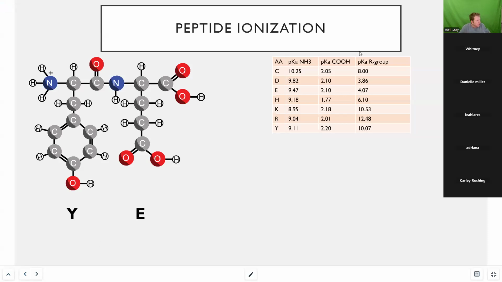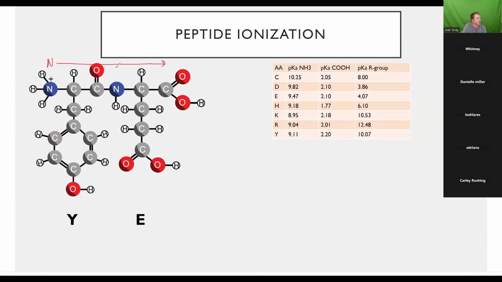This is a tyrosine followed by a glutamic acid. YE is this peptide. This is read from the N termini to the C termini. At the moment, this peptide is displayed at a pH of approximately 1, or basically the lowest possible pH. And so what we're going to do with that is we're going to have our first